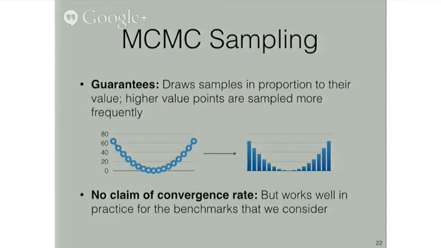I'll say more about cost functions in a second, but for now, just remember that lower costs correspond to better rewrites. So what this means is that if we take our cost function and negate it, we can guarantee that lower cost, higher quality rewrites get visited more often than higher cost, lower quality rewrites. And although it's true that we don't get any guarantees with respect to convergence rates, what we find is that for all the application domains that we've looked at, this turns out to work quite well in practice.